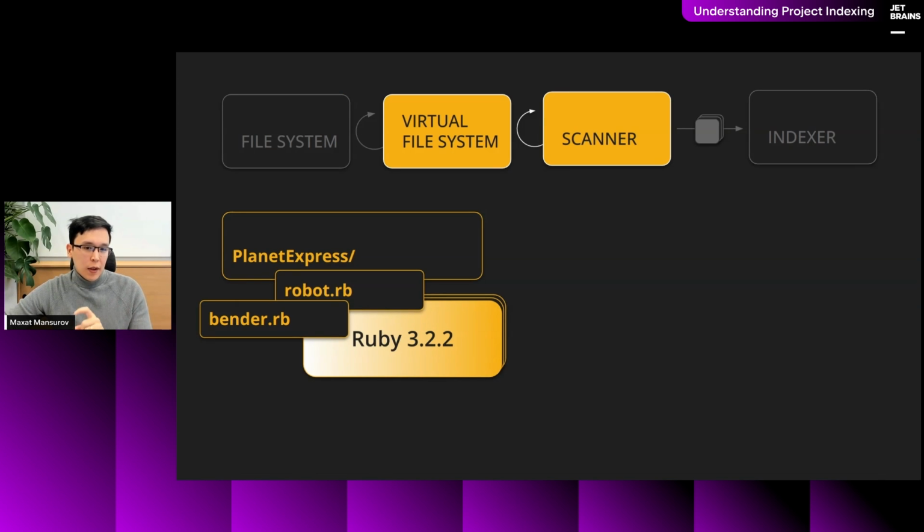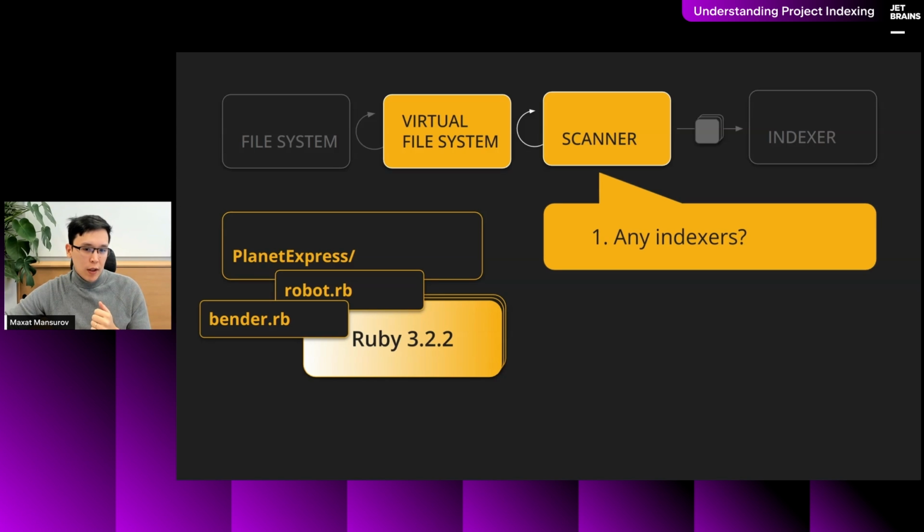Once that is done, the scanning begins, and scanners go through all these virtual files in the virtual file system, and they ask this simple question: are there any indexers available to index these types of files?